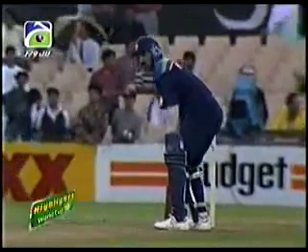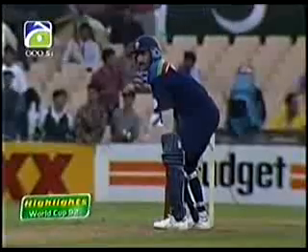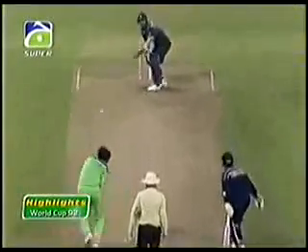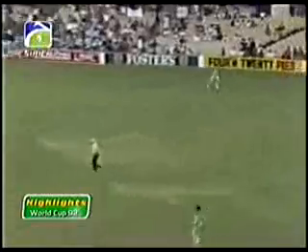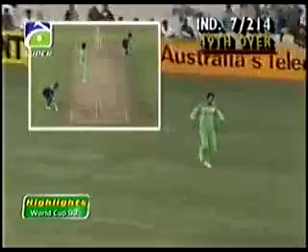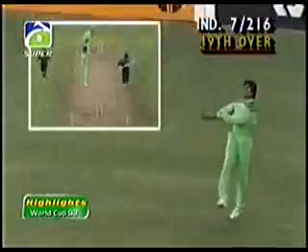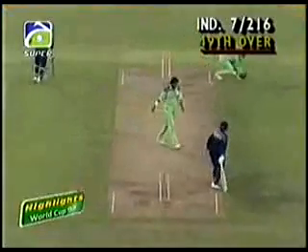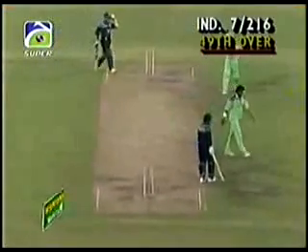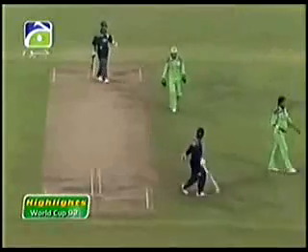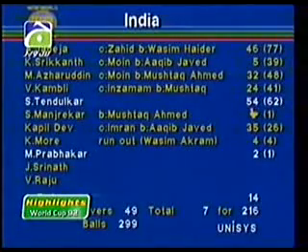As the Indian innings comes to a close, Prabhakar is the new batsman. So the clock ticks over to 6 o'clock, which means that they won't get the extra over in.